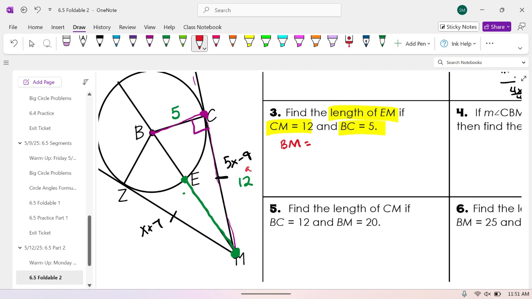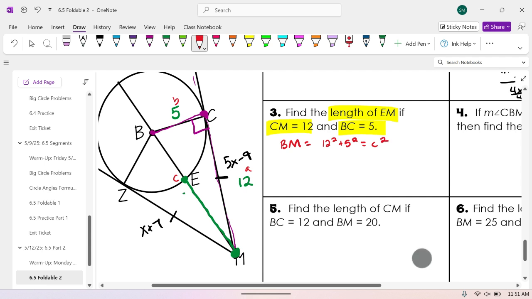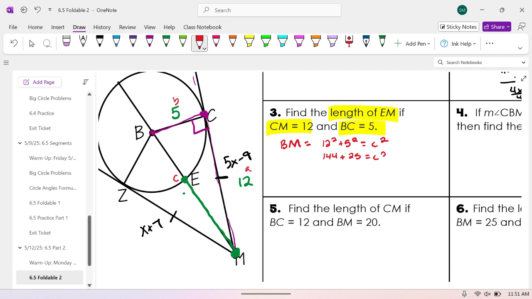So if this is A, B, and C, I would have 12 squared plus 5 squared is equal to C squared. So 144 plus 25 is equal to C squared. 169 is equal to C squared. Take a square root. 13 is equal to C, or BM. So if BM is 13,